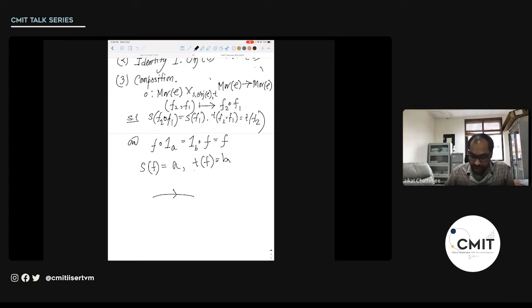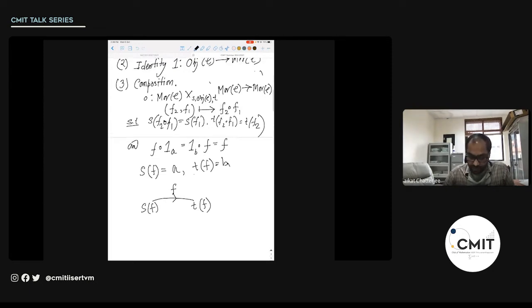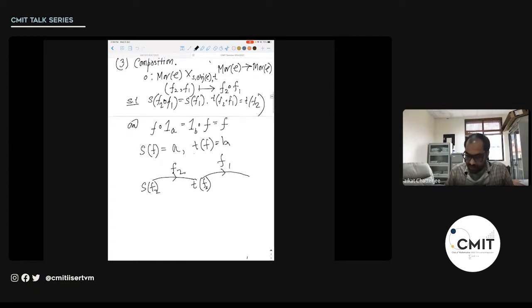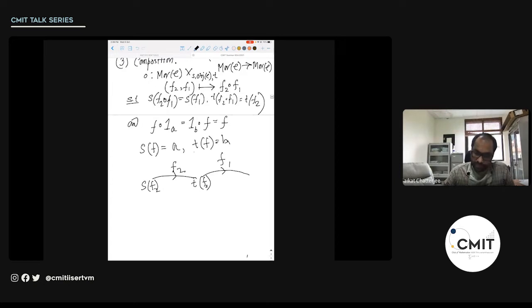If this arrow is F, then this is an arrow from the source of F to the target of F. So when you are composing these two arrows, you are taking F2 from here to here, and you are taking another F1, or maybe I have written it in the other direction. Is it that always happens to me? Probably I should have stuck to my convention, so I should write this as